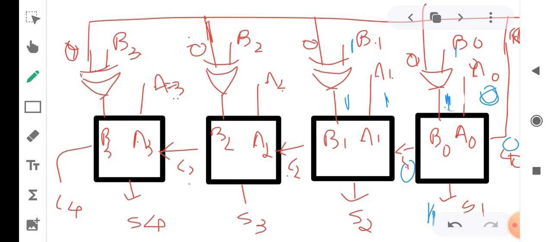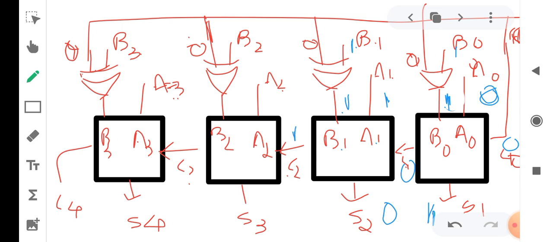So what is 1 plus 1 plus 0? It is 0 with 1 carry. This is what we need, B1 plus A1 plus C1, so you add it and you will get 0 with a carry of 1.